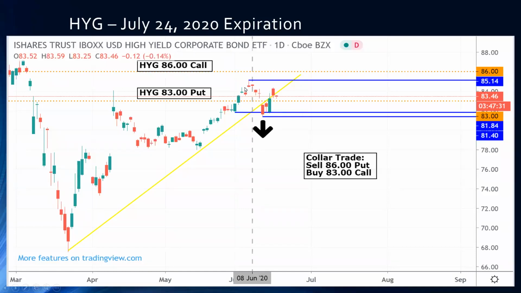Now remember, when you put this on, you put this $86 call on, this $83 put, you sold the put, you bought the call for a net debit. Well, guess what? Right now, time has eroded. Remember, time doesn't really mean very much. Volatility doesn't move very much, but the market has traded lower. Now you're trading just above the strike price.